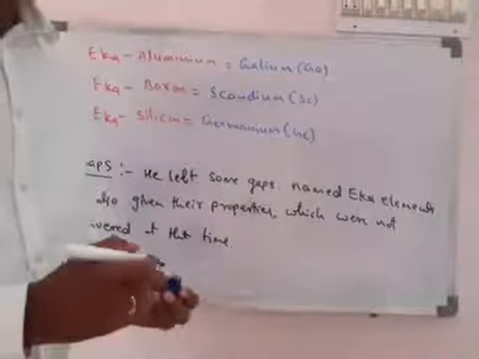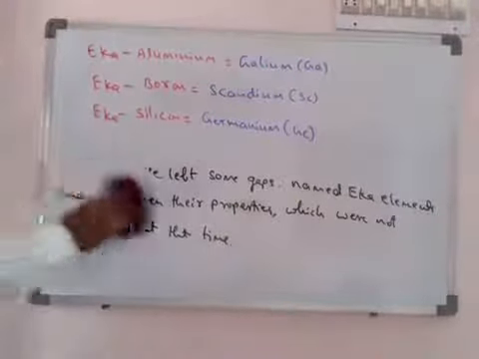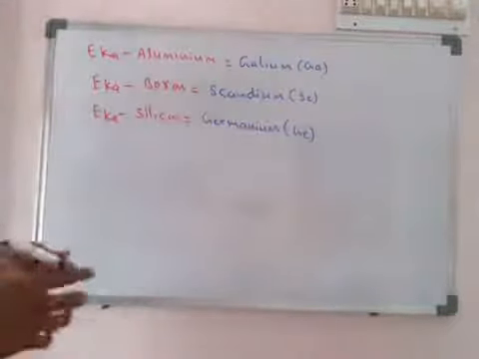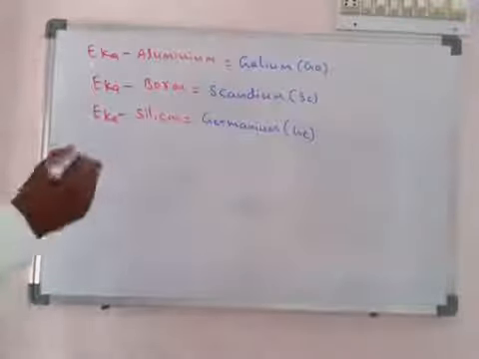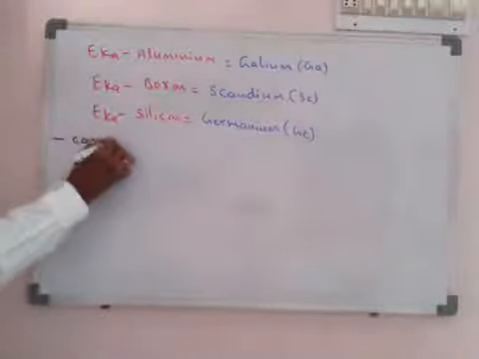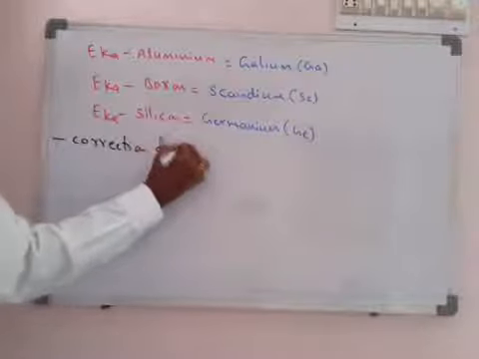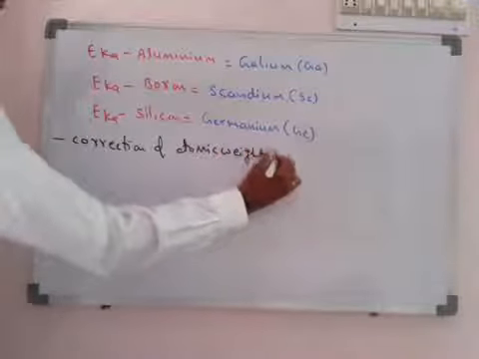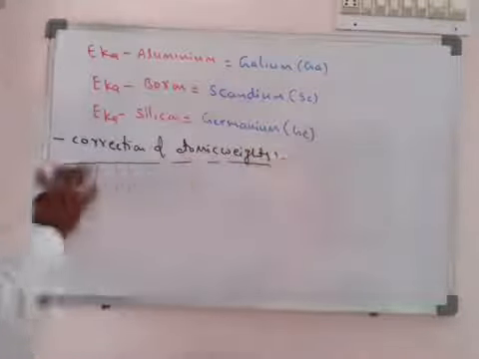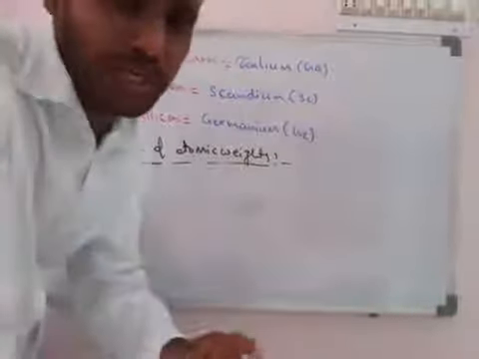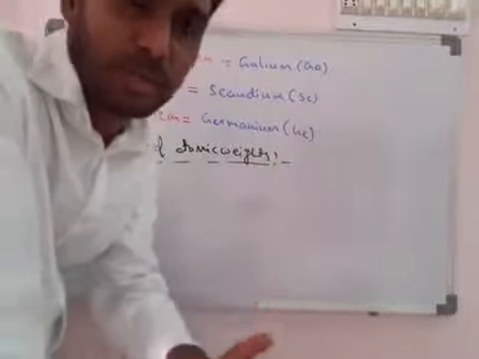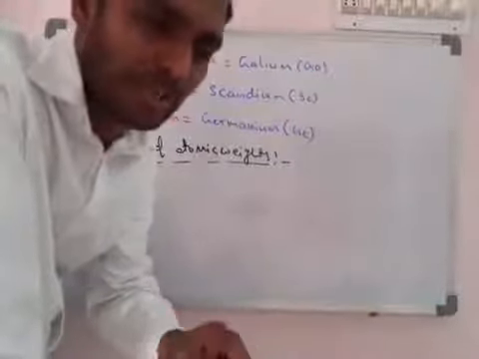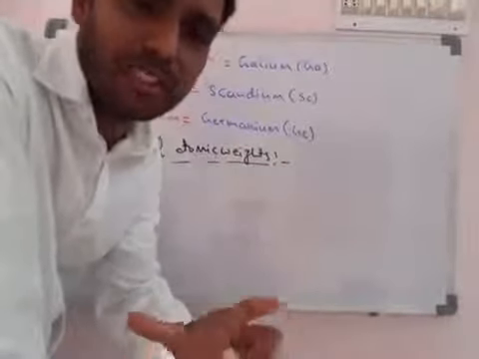Okay, next one more important thing of his classification is the correction of atomic weights. So actually according to him, atomic weight is the basic fundamental property of elements, which is responsible for its total chemical properties. So therefore he checked whether all the atomic weights were perfect or not.